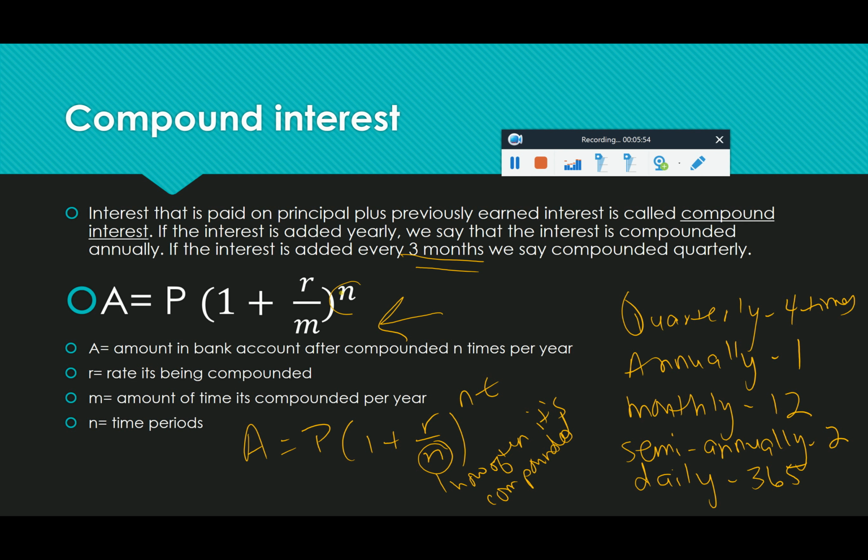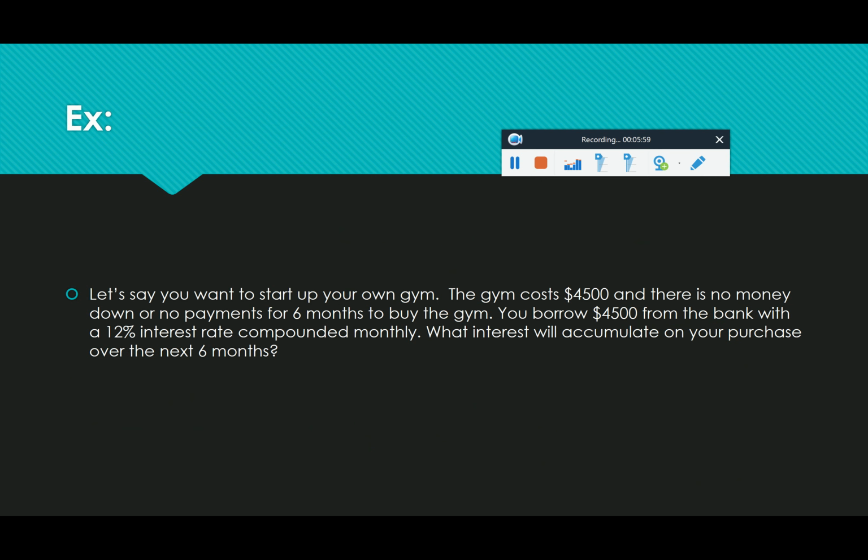So let's do this one. Let's say you want to start up your own gym. The gym costs $4,500, and there's no money down and no payments for 6 months to buy the gym. You borrow $4,500 from the bank with a 12% interest rate compounded monthly. Interest will accumulate on the purchase over the next months. So again, I'm going to use A equals